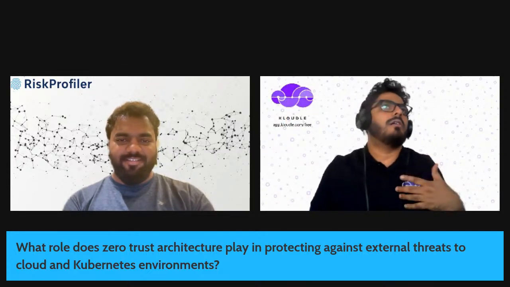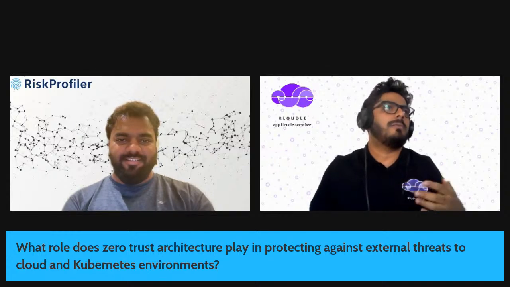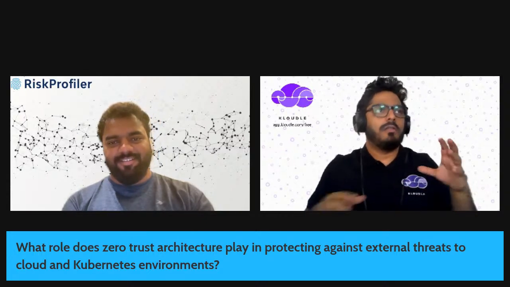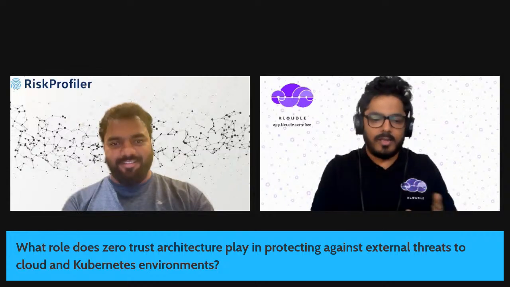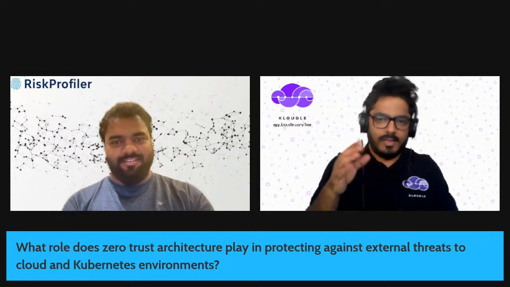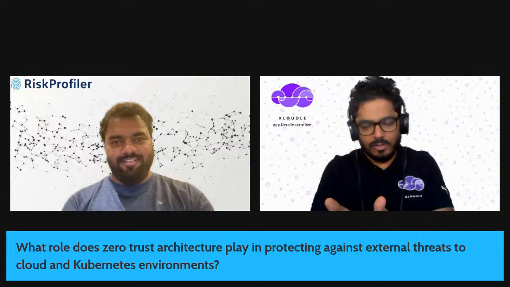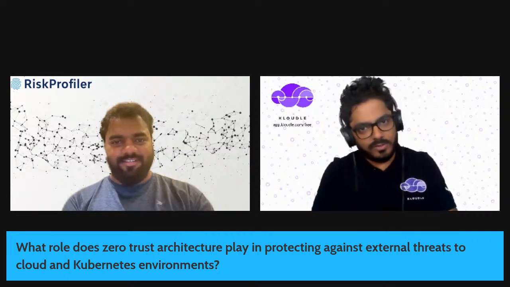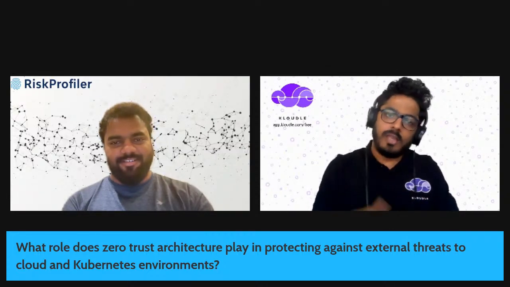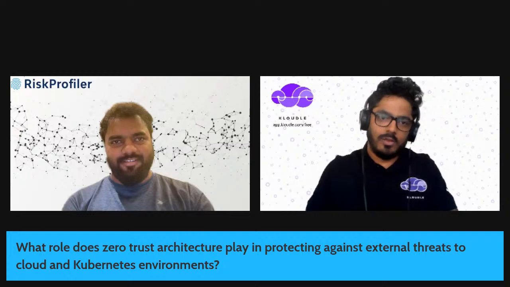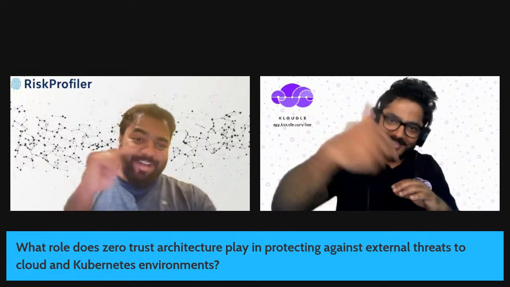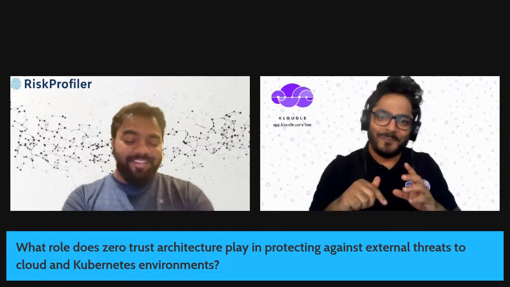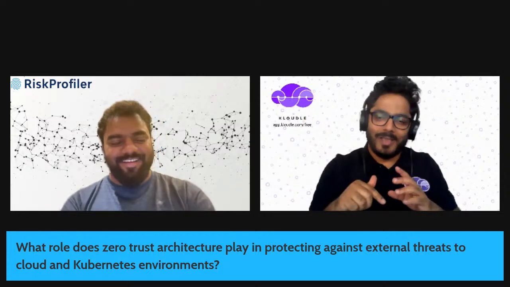I've seen an infrastructure setup where there's a pod that is reading data from an RDS instance, but the RDS instance is in US East 1, the cluster also is in US East 1, but the pod is connecting to the external IP address of the RDS. So traffic is leaving the cluster to the internet, reaching the same region, and then coming back from the internet. I'm not even talking about how slow this becomes, but the idea that